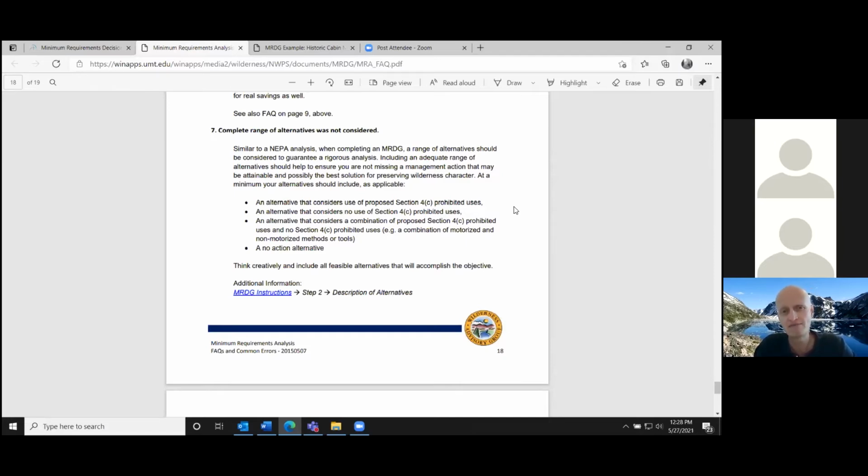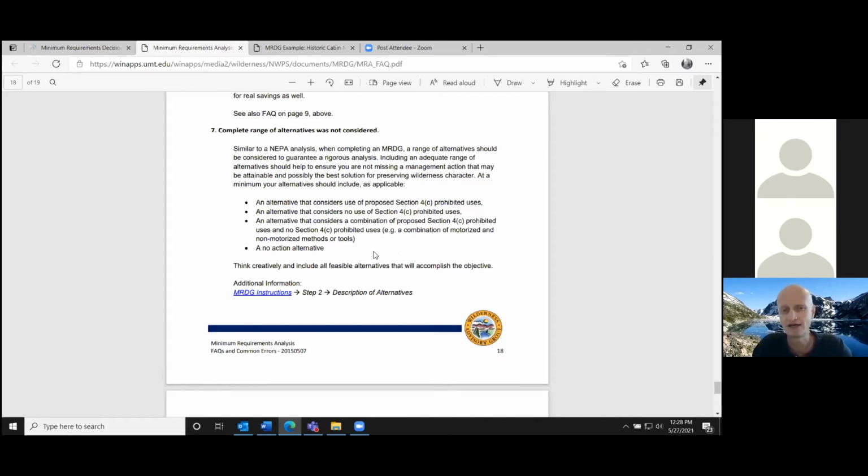And there may be cases where you don't do one that uses all prohibited uses because you can get it done with a blend, and that's fine. You don't need to go through the hoops of doing all prohibited uses just for the sake of doing that. It is important in most cases to have a no action